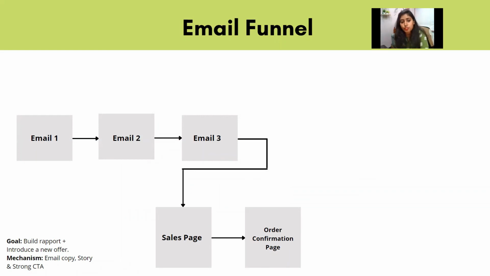They're gonna send you a series of emails. Email 1, email 2, email 3. पहले कुछ nurture करेंगे, valuable information देके, and then again they're gonna sell you, wherein you have to go to the sales page, and then if you love it, you can go to the order confirmation page and purchase it. So overall, I just want to say each and every funnel has the same purpose at the end. Like कुछ difference है, किसी का list building है, किसी का sale करना है, but overall in every funnel you need email marketing funnel. Okay, where it just comes.